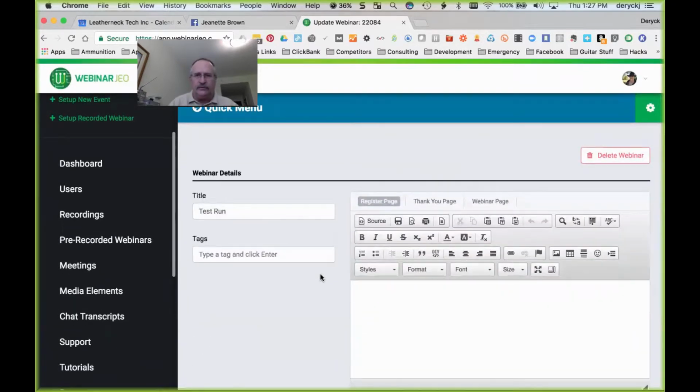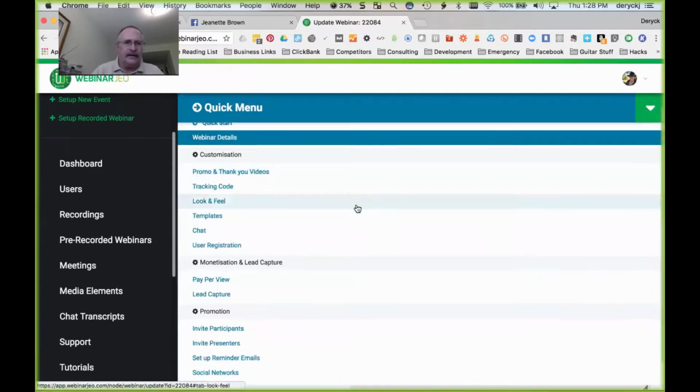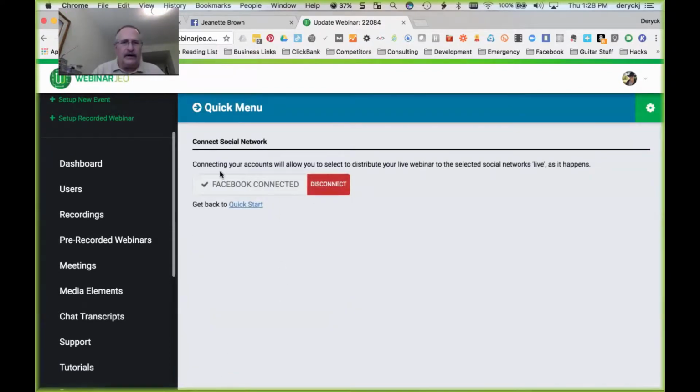Let me get to, hold on one second. Let me get some stuff out of my way so I can move us to it. Okay, so let's get down to social networks. Okay, so see how this is Facebook connected? Yeah. All right, so when I did the connection here, I made sure that when I set up my LiveLeap,